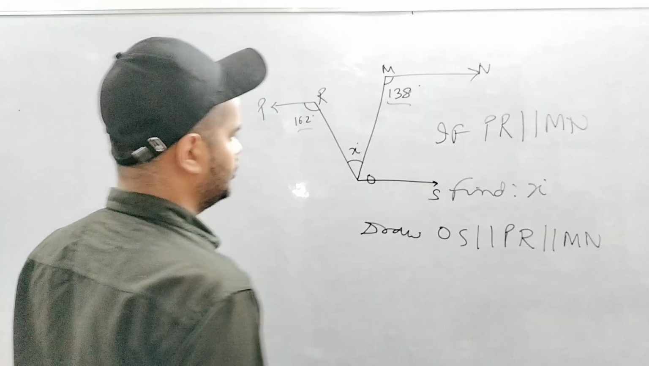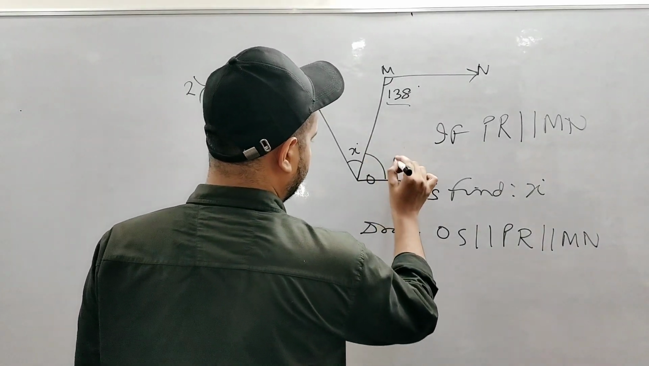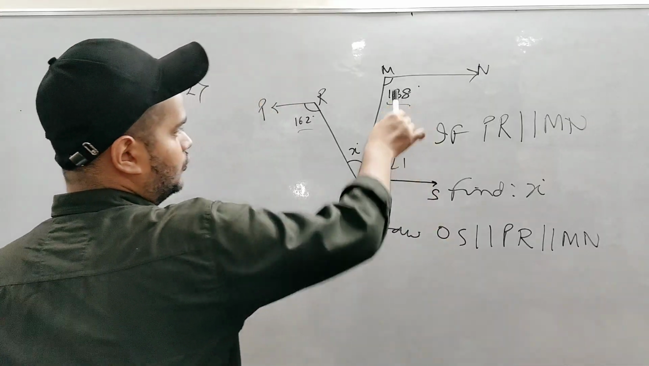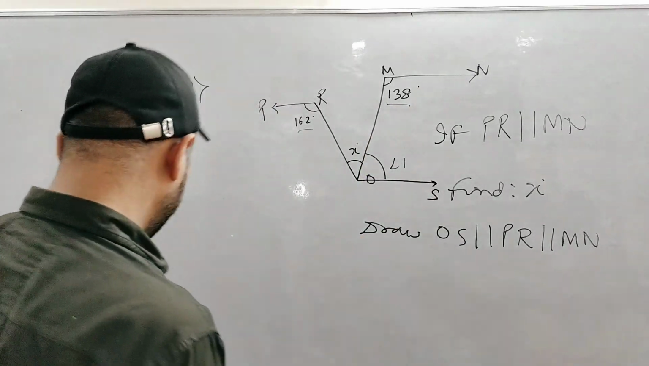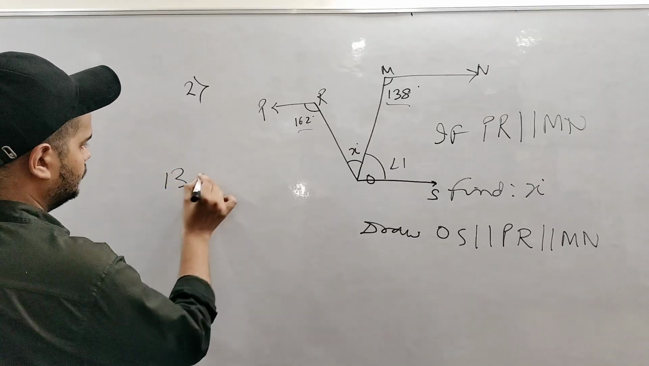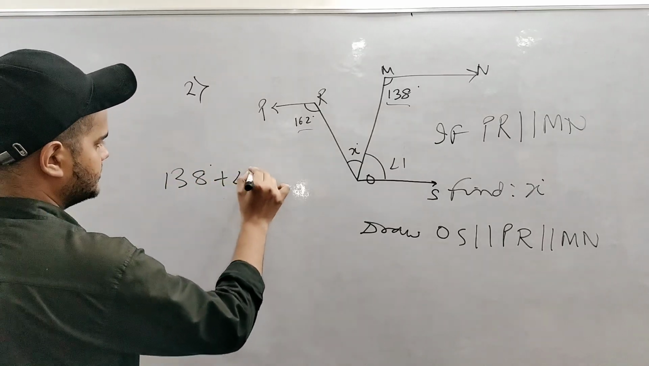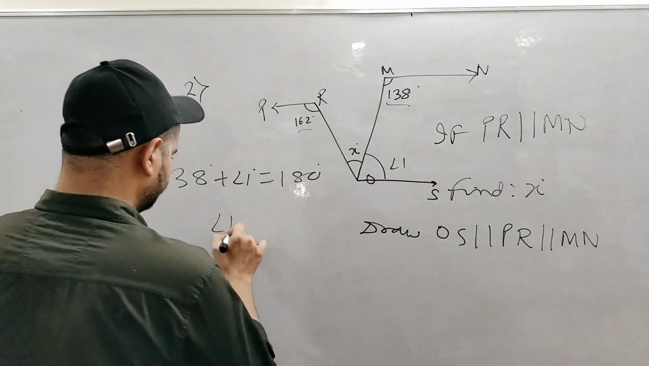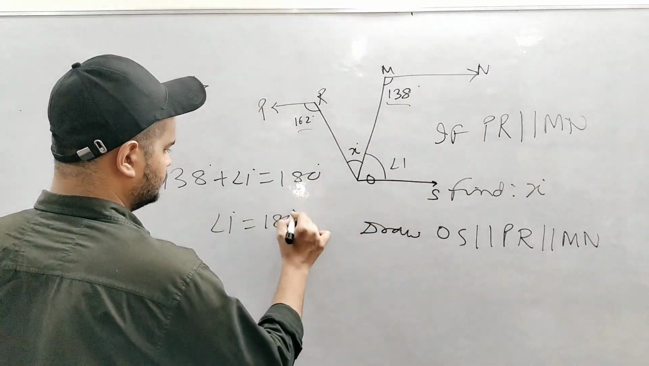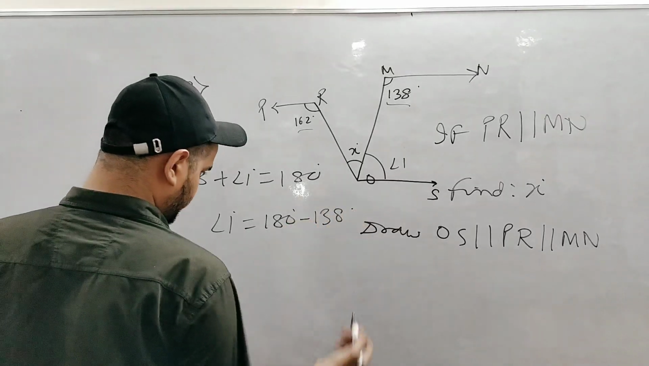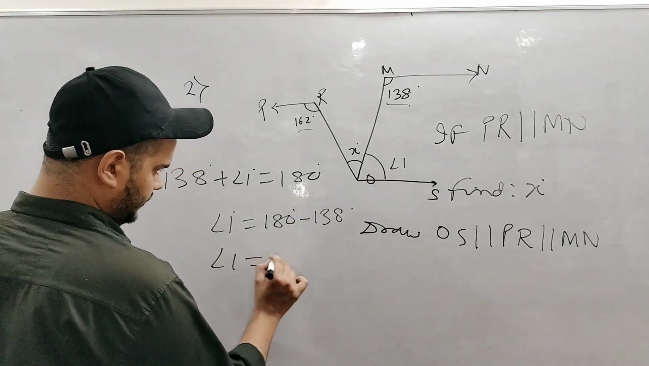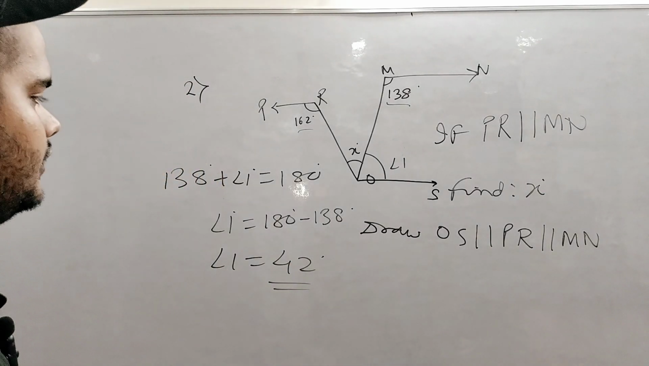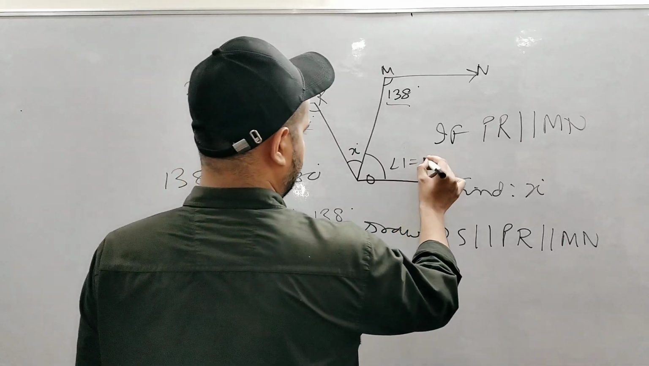तो फिर जब ये लाइन प्रोड्यूस हुई OS, तो यहाँ पे अगर हम एंगल 1 ले लें, देन आई कैन सी दैट इन दोनों में एक रिलेशन है, दे आर को इंटीरियर। तो 138 प्लस एंगल 1 इज इक्वल्स 180, सो एंगल 1 इज इक्वल्स टू 180 माइनस 138, सो एंगल 1 की वैल्यू यहाँ से 42 डिग्री आ गई। ठीक है, दिस इज 42 डिग्री।